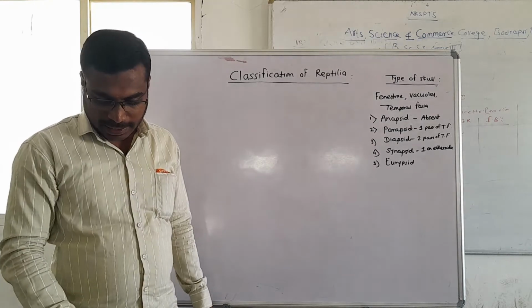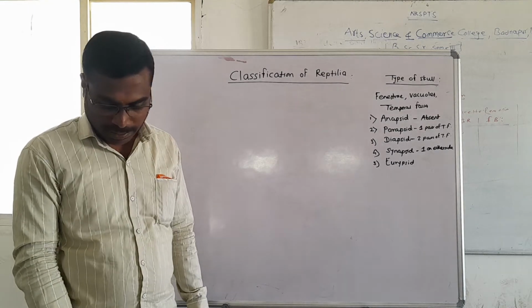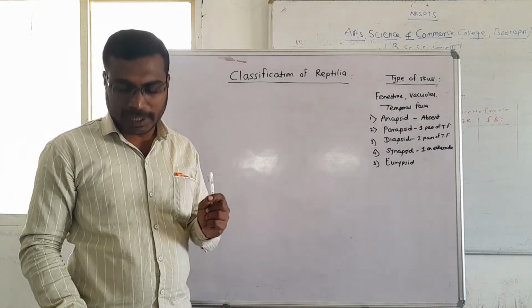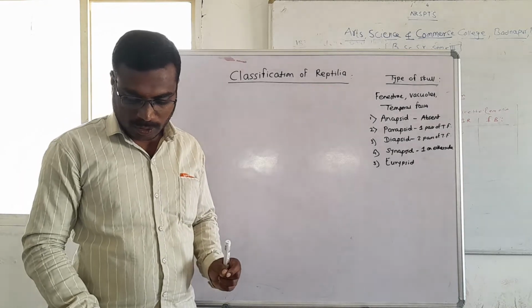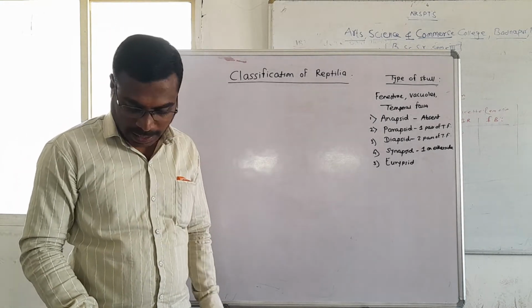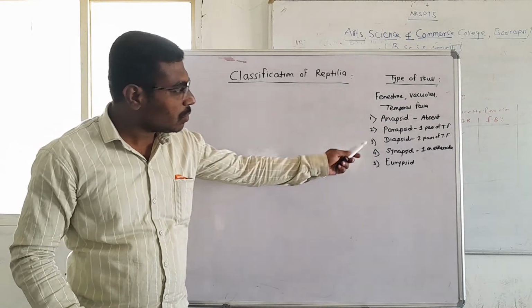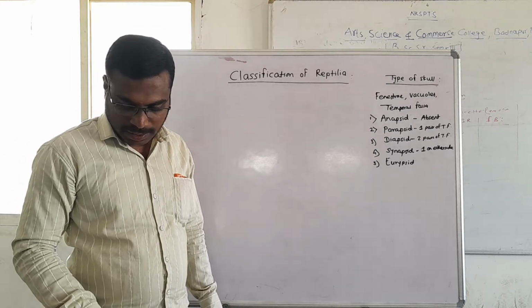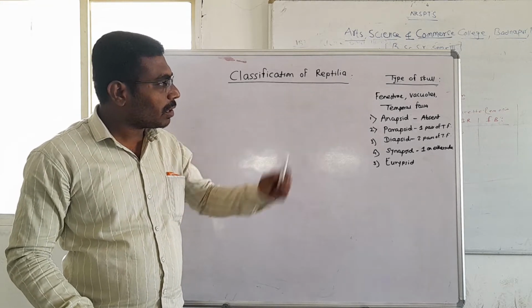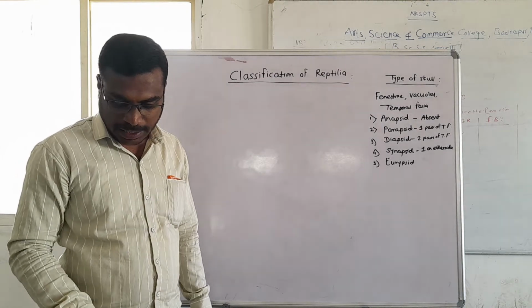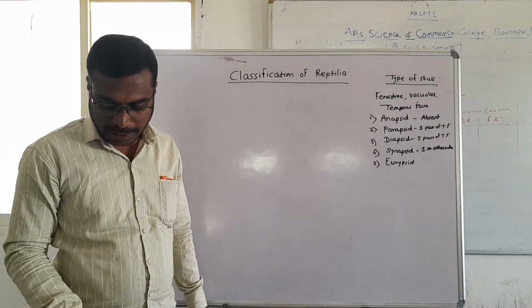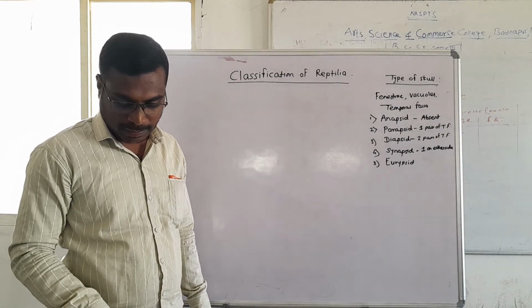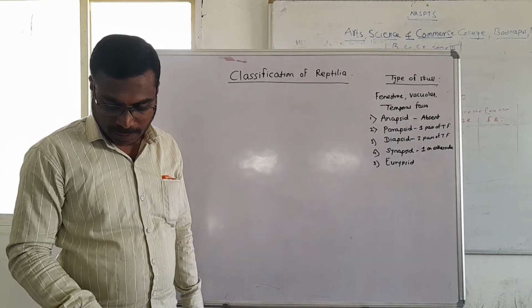Then in some reptiles, a dorsal opening appears, one on either side of the junction of postorbital bone and squamosal bone. It also involves the parietal bone. This type of skull is called parapsid type of skull. Then in some skulls, the vacuity or temporal fossa is situated behind the eye, that is the orbit, bordered below by postorbital and squamosal. This type is called Eurypsid type of skull.